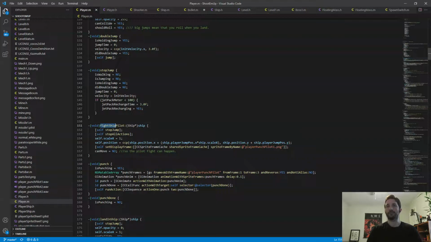Looked at this already. Okay. Stop jump. Stop all actions. Position equals a very specific position. Player jump position: player position plus player jump position times ship scale x. Okay, makes sense. Set display frame, player, punch. And then